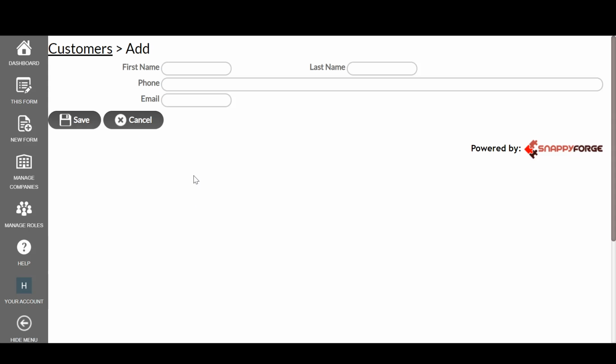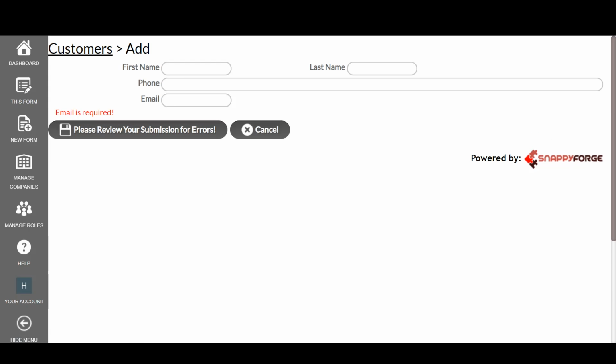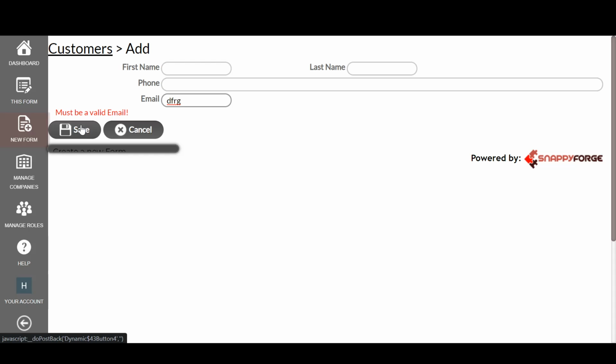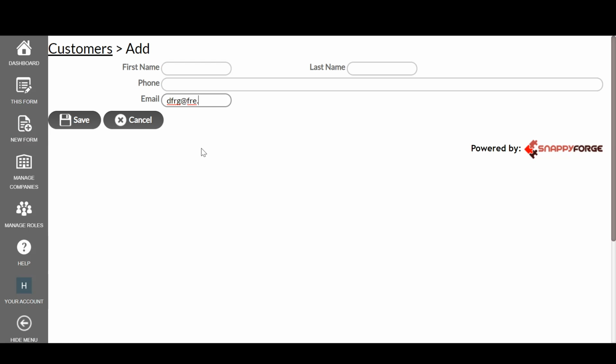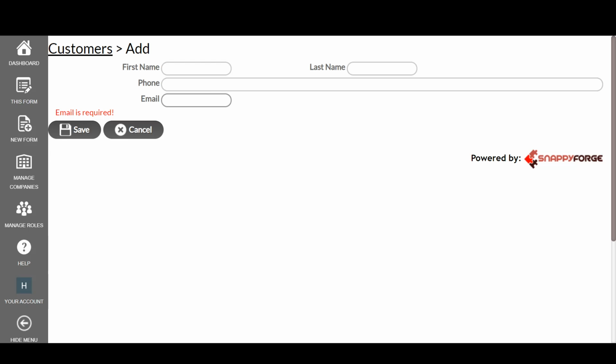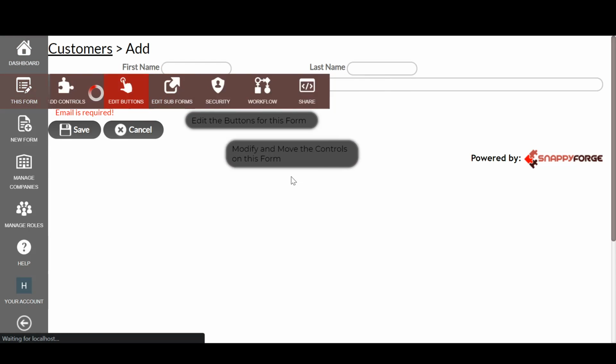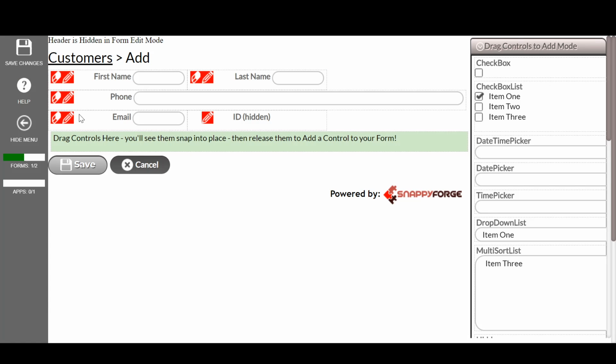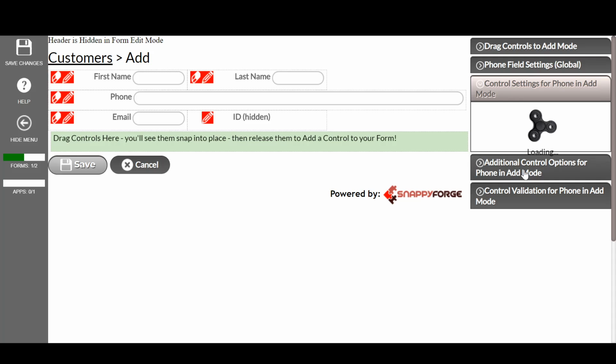Let's go add new. Let's try to save. Email is required. Must be a valid email. So now we're not going to check to make sure that this is actually a valid email, but at the very least, the user will have to enter something that resembles an email address. We can also check for phone numbers that are valid. We can check for lots of other things too. So we can go ahead and show you some of those, and you can look through these on your own time as well. But we're going to change phone